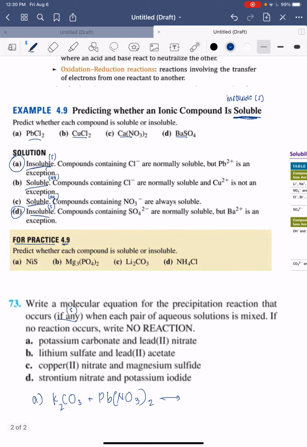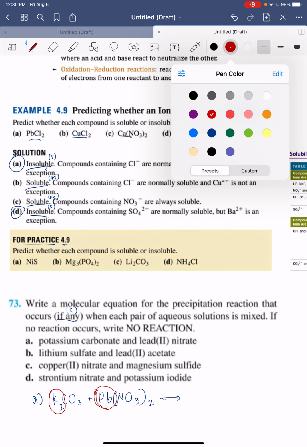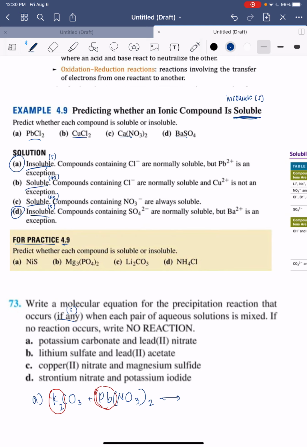The key for a precipitation reaction here is we're going to look at the first element or the first ion in both the compounds, and these are going to pair with the other ions of the opposite compound on the right side. So they're going to flip-flop here, essentially. And that means we are going to have KNO3 plus